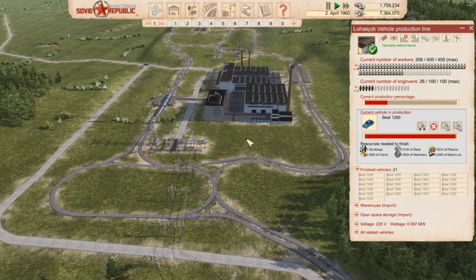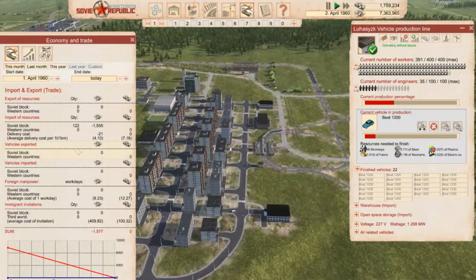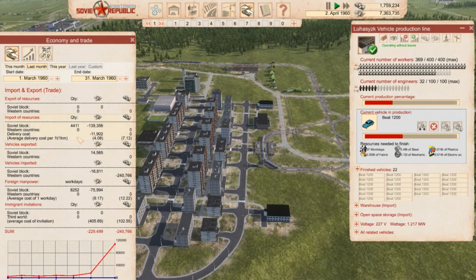Yes. Let's take a look. Okay, we're down to 26 engineers. Still not too bad. You know, we're staying in it. Let's take a look at last month. Not a good comparison, because we had a lot of excess purchases that...